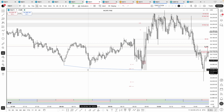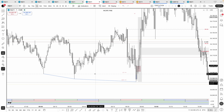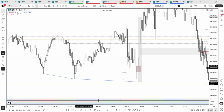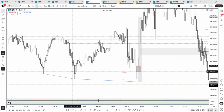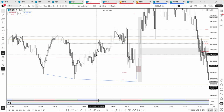up towards buy side. Now this is the reason why I was saying that there wasn't any framework for me to even look to say, okay, I'm willing to get on side with this move towards buy side, because there's no clean point of inception here. I'm not even going to bother going down into the lower time frames, because yeah, it's just very unclean. This is a high resistance run all the way back up towards buy side. We printed low resistance here, high resistance back up, high resistance here, low resistance back down. But we have this high resistance run all the way up towards buy side, so there was no valid point